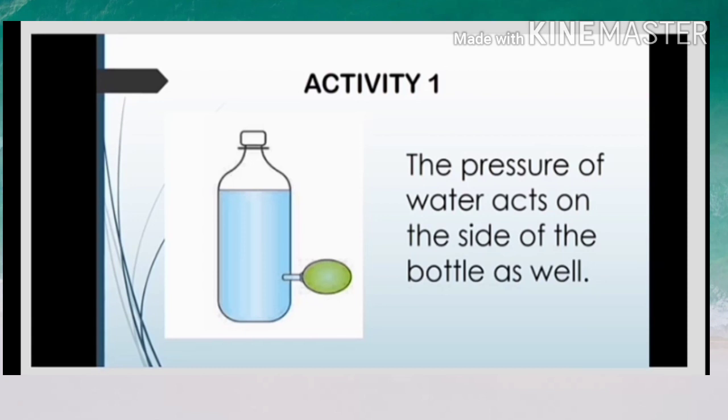So students, we will see the first activity. Take a plastic bottle, and a 10 centimeter long piece of glass tube on which a rubber balloon can be fitted. Warm up one end of the glass tube and gently push it into the bottle at about 5 centimeter from the bottom. To avoid water leakage, apply molten wax on the side of the glass tube. Now fill water slowly in the bottle and see how the balloon inflates.